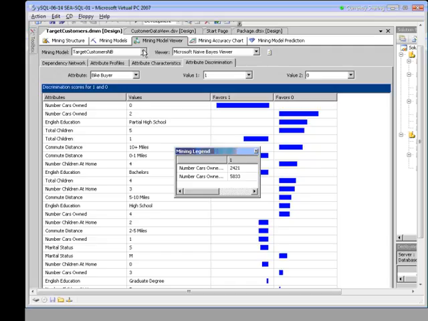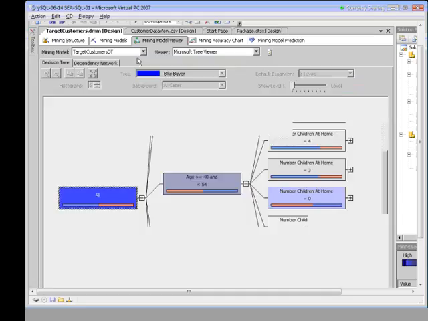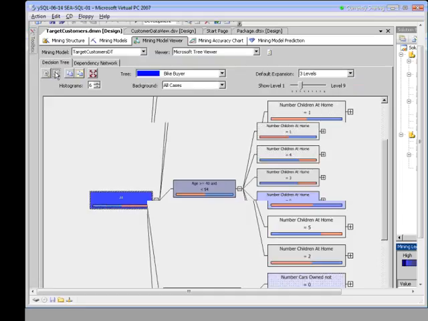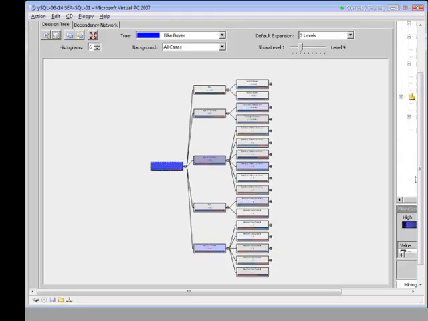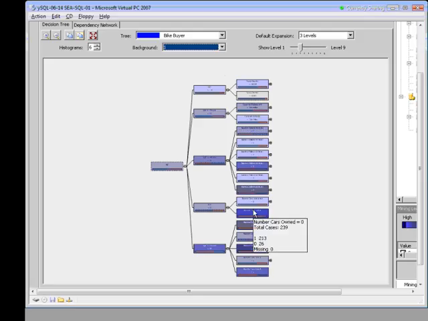Now let's switch over to the different model. Let's look at the decision tree model. The first thing I want to do here is zoom out so we can see everything. Scroll down just a little bit there. There we go, so you can see all the different nodes. Before we analyze, we want to color the nodes based upon where all the bike buyers are located. Let's change the background to where the value of the bike buyer is 1. There we go. Notice only one of them changed to a dark blue.